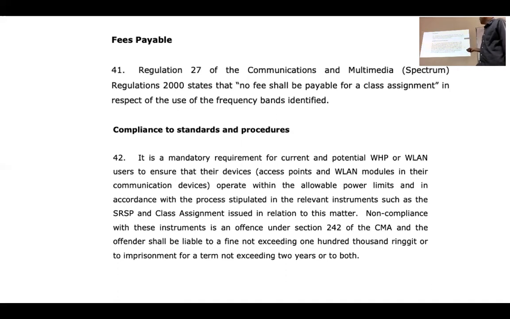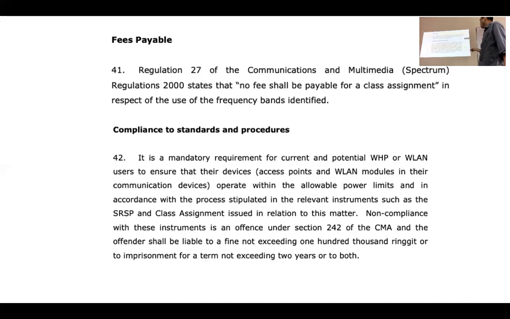But it is mandatory to get the equipment, what we call access point or wireless modules in the communication devices, to operate within the allowable power limits, which is according to the SRD. Earlier there was the maximum power output. According to the SRS, this is the spectrum allocation, right? Okay, that the class assignment issued.